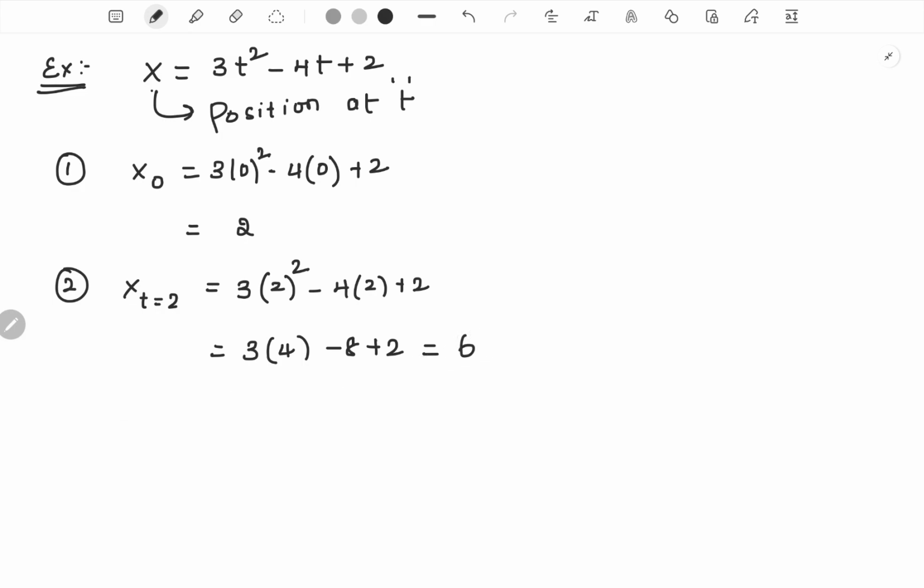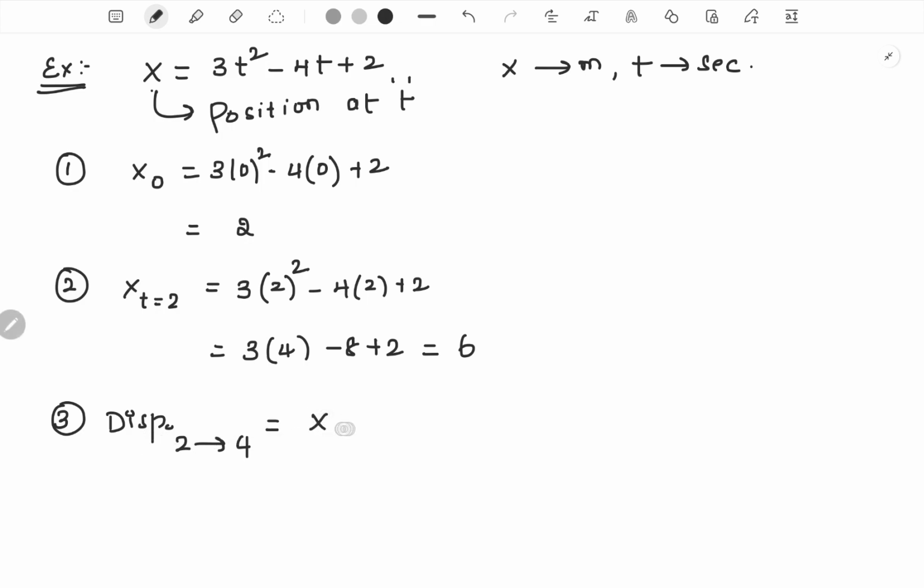Now let's say we wanted to calculate displacement during an interval of time. My interest is to calculate displacement in the interval 2 to 4 seconds. Sorry, not 2 to 4 units, in the interval 2 to 4 seconds. So let's assume for our convenience that the position is expressed in meters and time is expressed in seconds. Now if we want to calculate displacement in the interval 2 to 4 seconds,